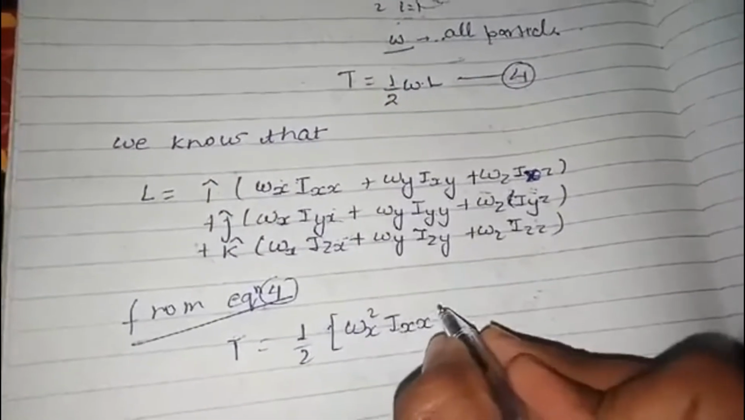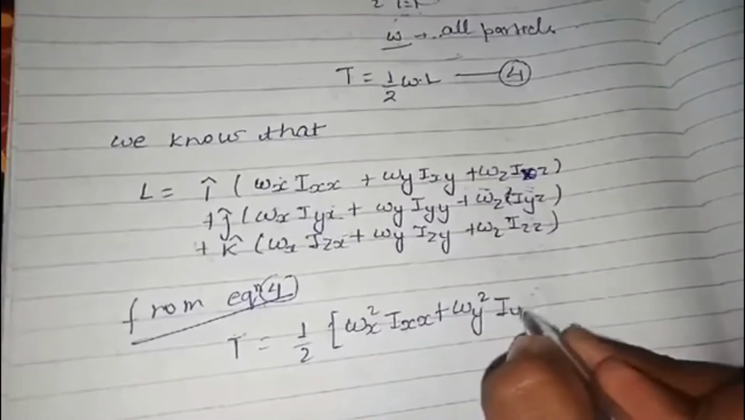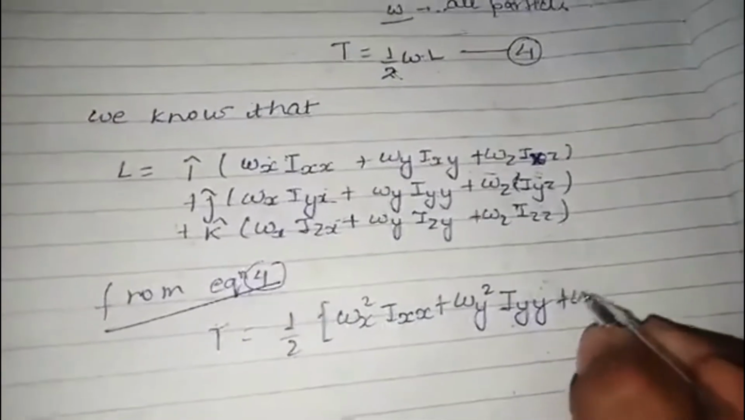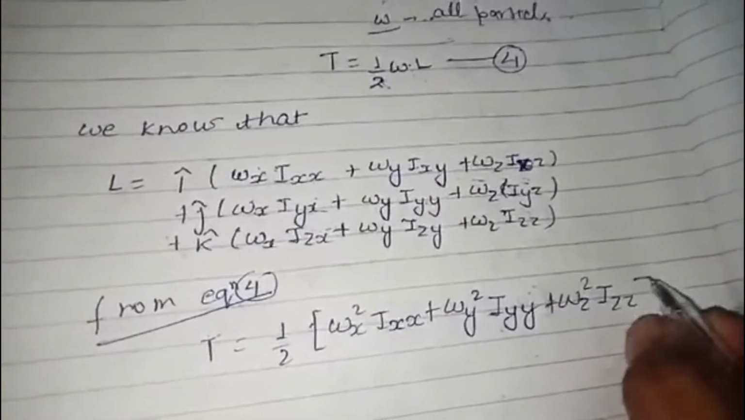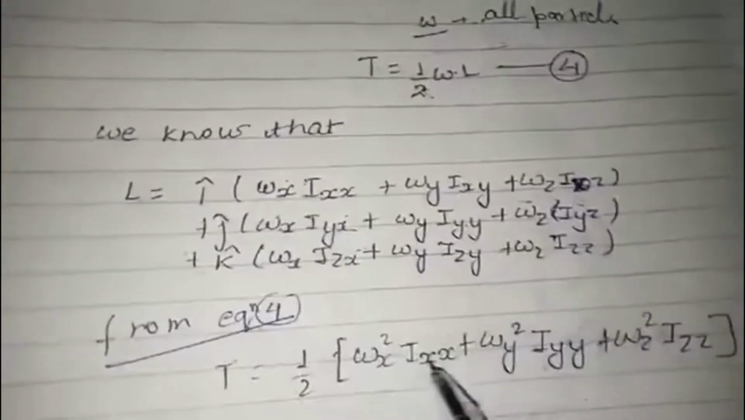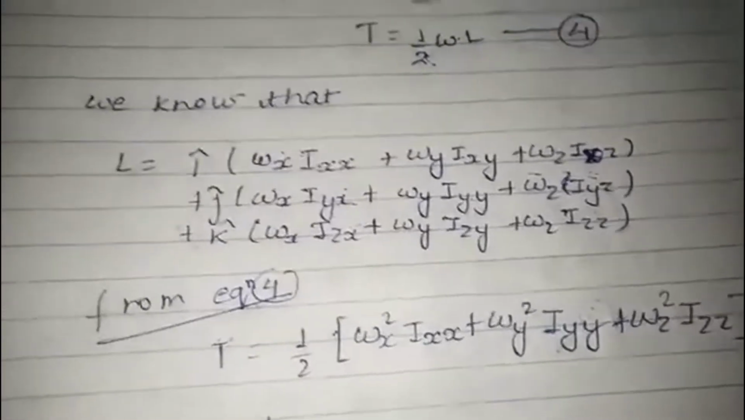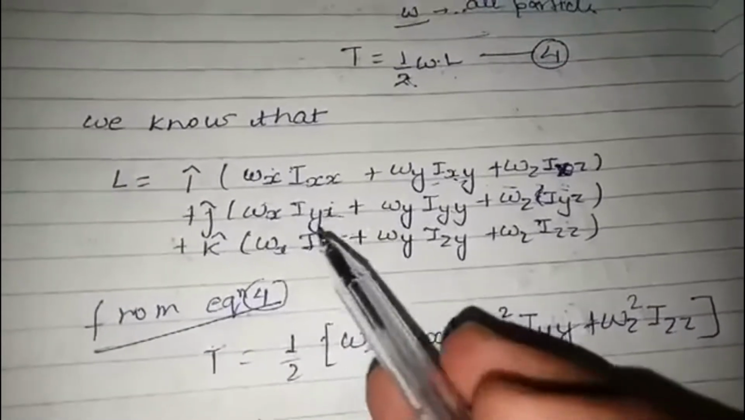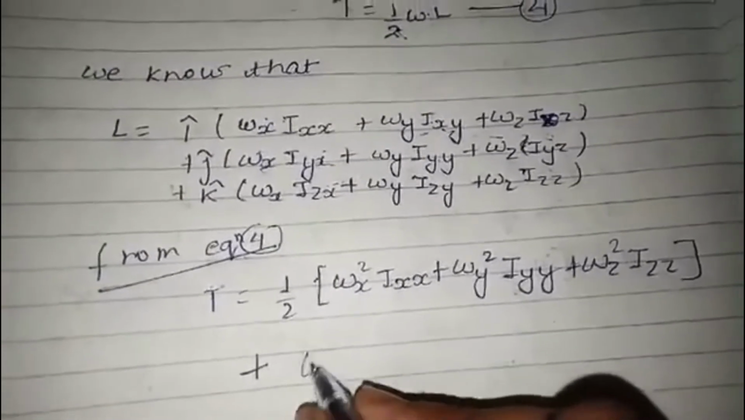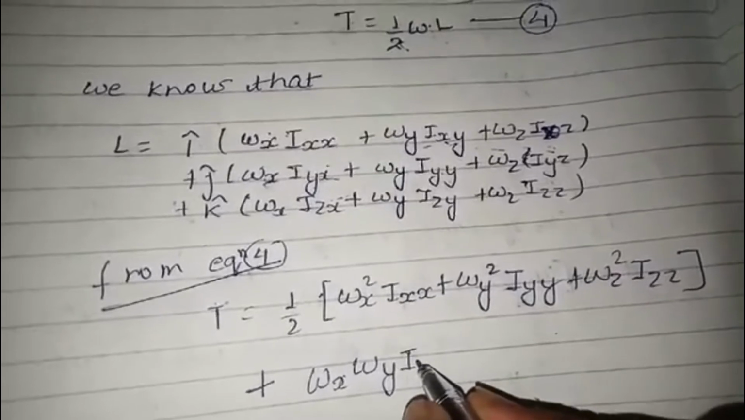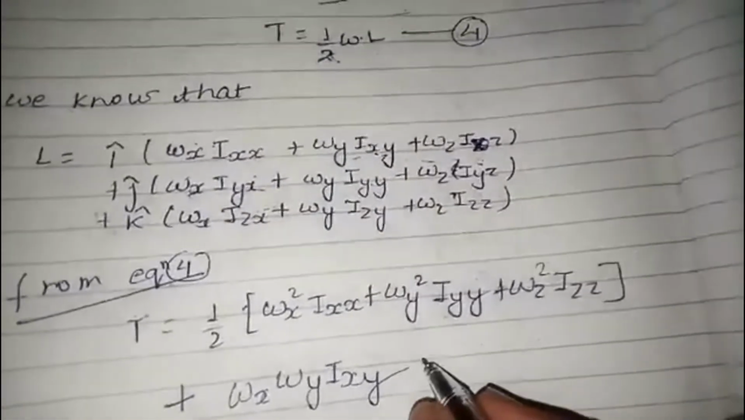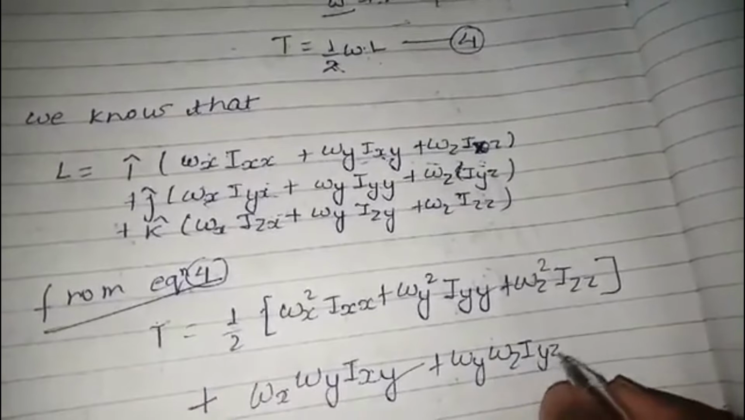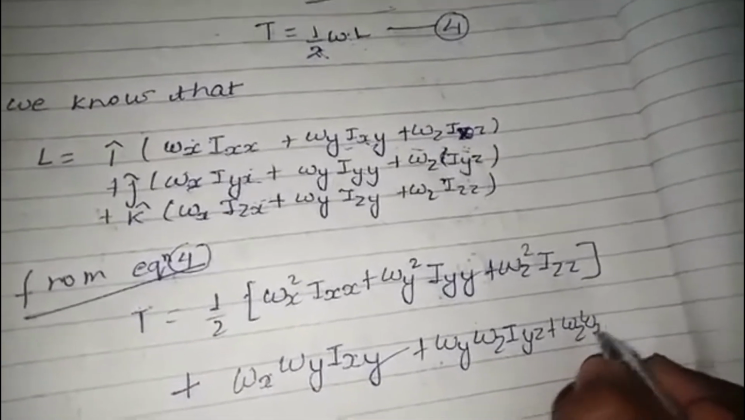आई एक्स एक्स। इसी तरह से ओमेगा वाई का स्क्वायर आई वाई वाई। ये ओमेगा भी तो सभी का पार्ट होगा, एक्स का वाई का जेड का, तीनों डायरेक्शन में मूव कर रहा होगा। सो इसी तरह से ओमेगा जेड स्क्वायर आई जेड जेड प्लस, अब देखिए ध्यान से। सो पिछले वीडियो जो हम देख चुके हैं कि आई एक्स वाई आई वाई एक्स ये दोनों सेम होंगे, तो इन दोनों को एक साथ लिख लेते हैं। सो ओमेगा एक्स ओमेगा वाई आई एक्स वाई, ओके। एंड इसी तरह से ओमेगा वाई एंड ओमेगा जेड, ये आ जाएगा आई वाई जेड प्लस ओमेगा जेड ओमेगा एक्स आई जेड एक्स।